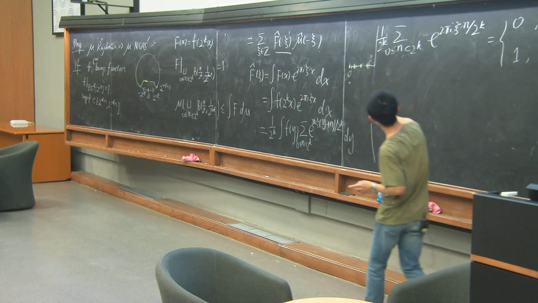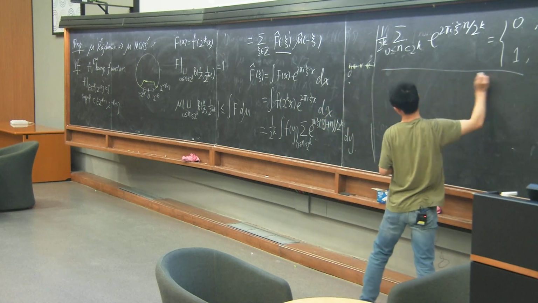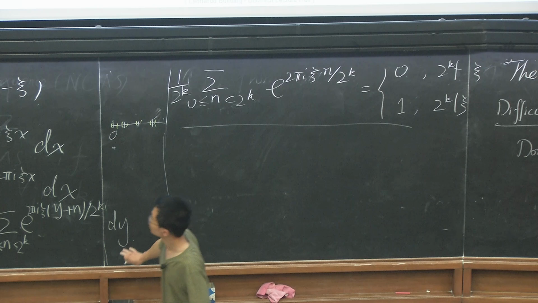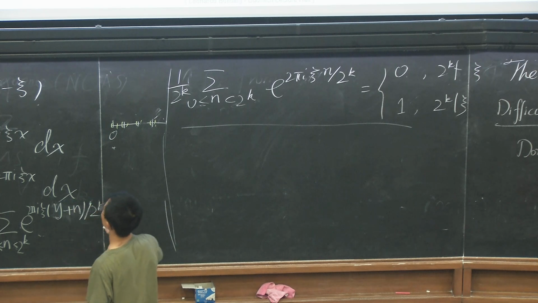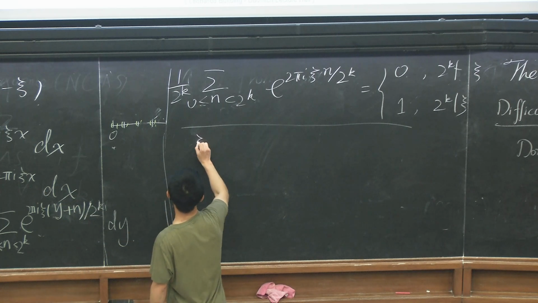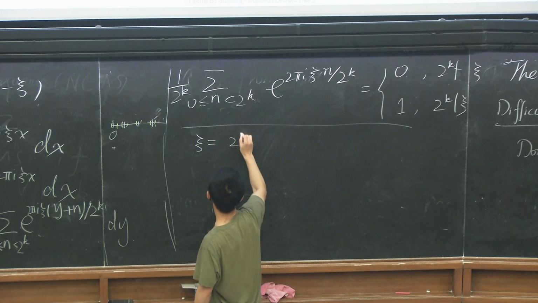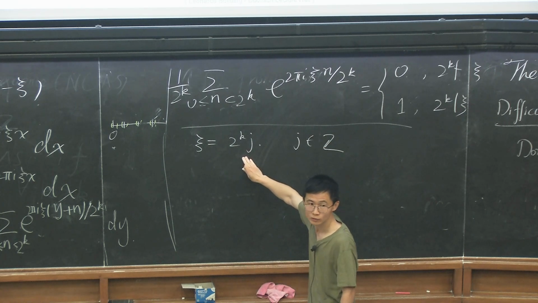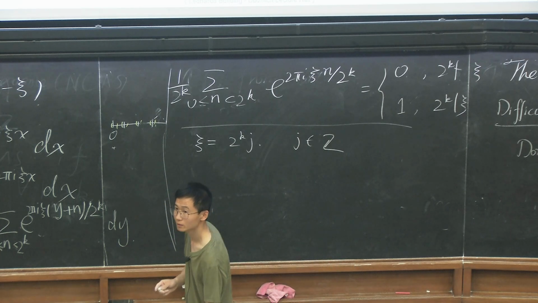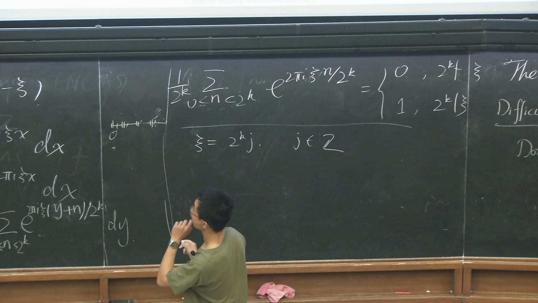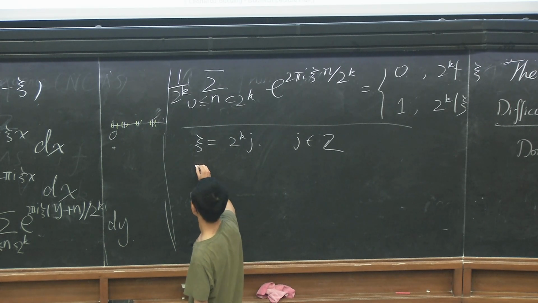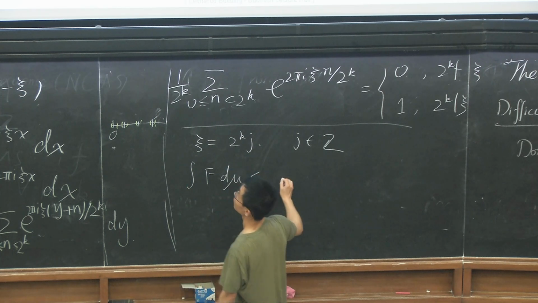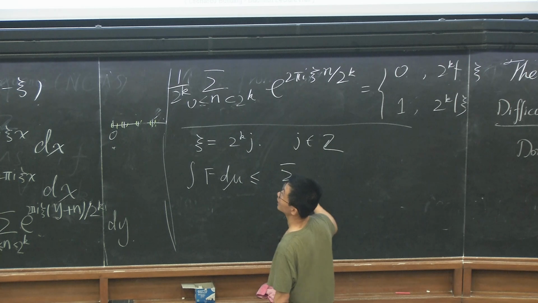So then in the original computation, we can do the change of variable. Again, we can write only the non-zero terms. Now we will go back to that one. Now we will do the change of variable. We'll replace c by 2 power k times g for some g in Z, because for all the other frequencies, f hat c is vanishing, equal to 0. So finally, we will get this. So again, this integral f d mu is less than, we only sum over g, and the terms will be